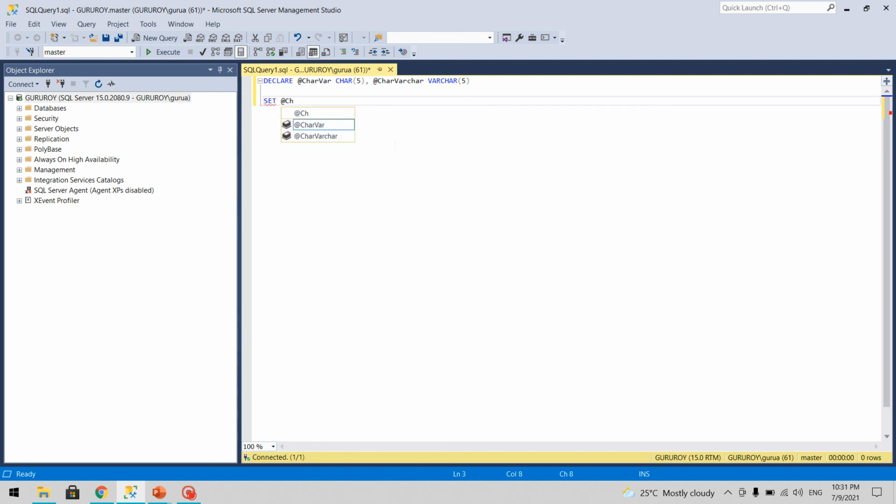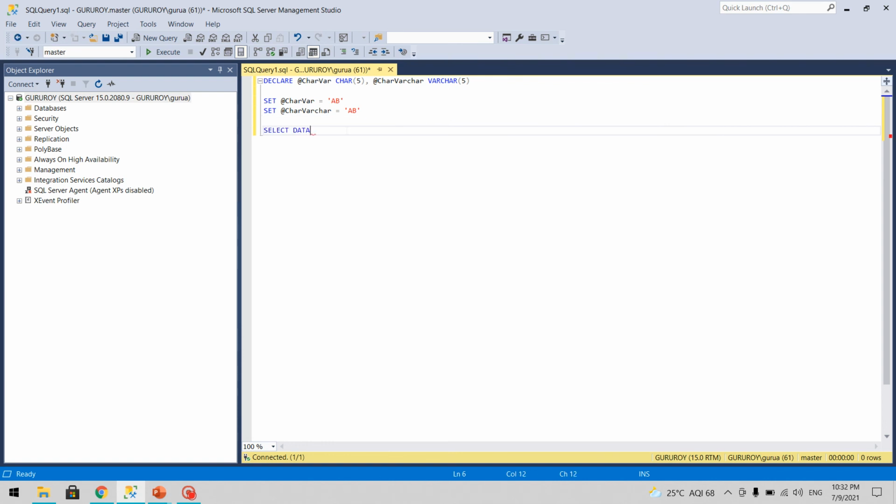To char var we'll assign AB, and then to char varchar we'll assign the same AB. Now what happens to the length? Let's see.